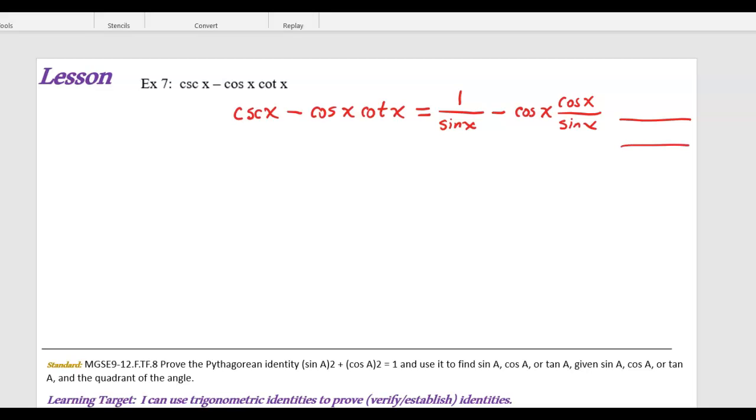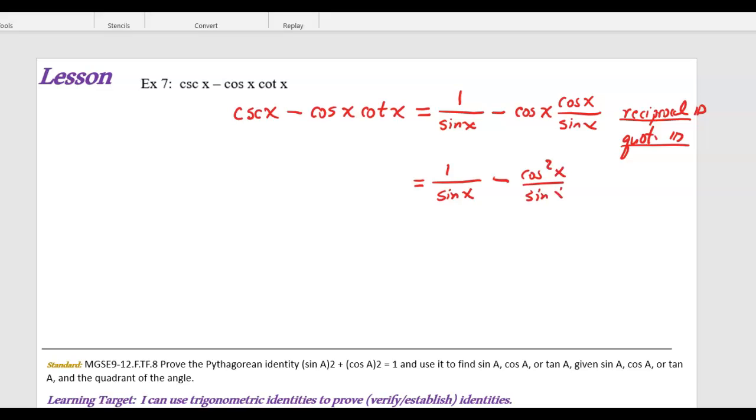I used a reciprocal identity, and I used a quotient ID. So I used one of the quotient identities. Now, I'm going to go ahead and simplify that a little bit. So 1 over sine of x minus cosine of x times cosine of x is cosine squared of x over